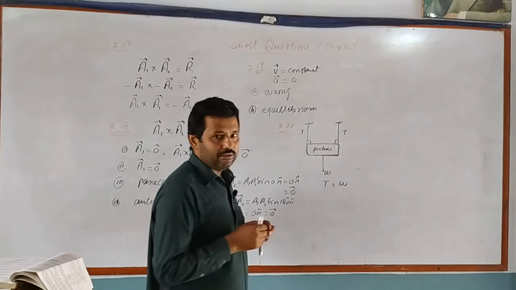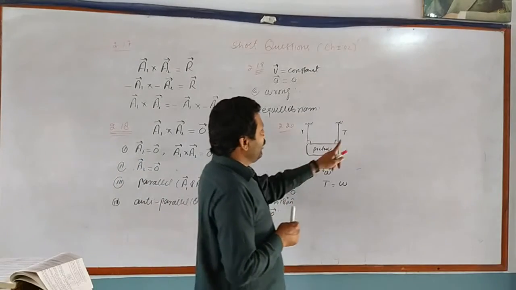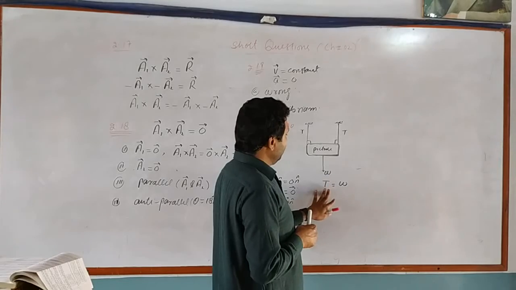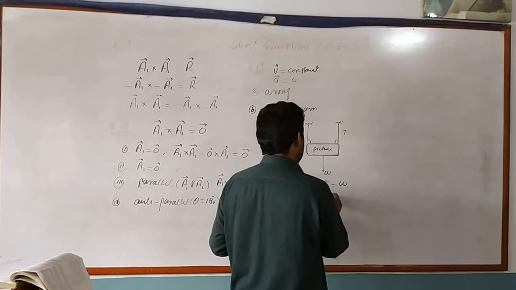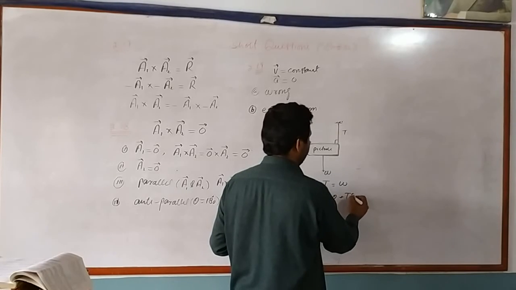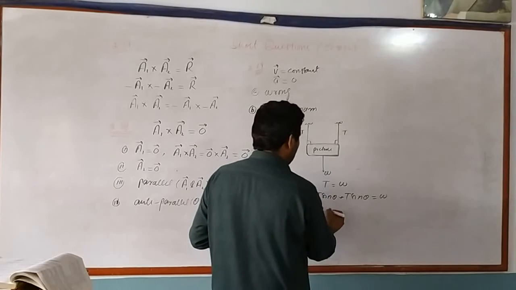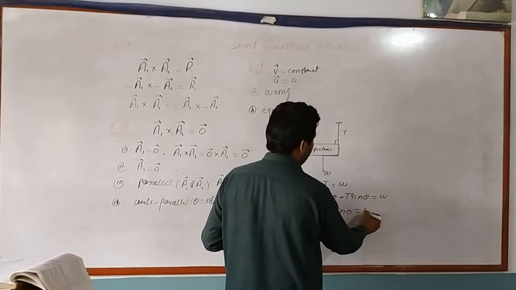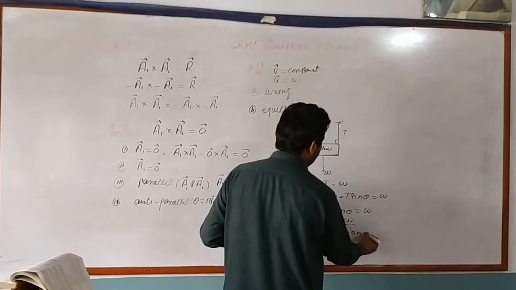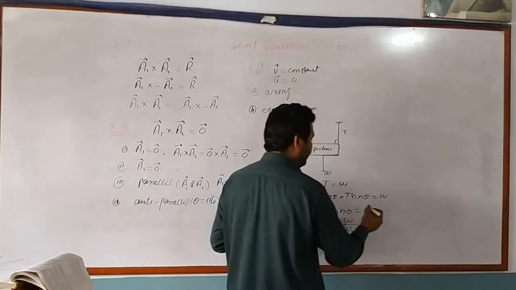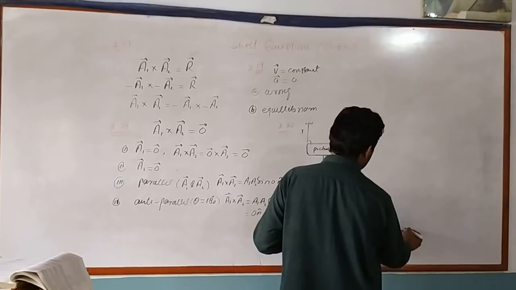When the picture is suspended by two strings, as the picture is in equilibrium, we can write T sin theta. It is clear from this figure, T sin theta is equal to W. We can write 2T sin theta is equal to W, so T is equal to W over 2 sin theta, as each tension makes an angle of 90 degrees. So, we can write W is equal to 2T sin 90.